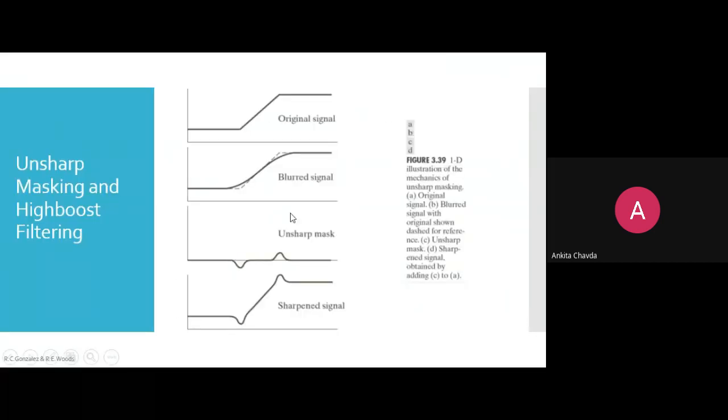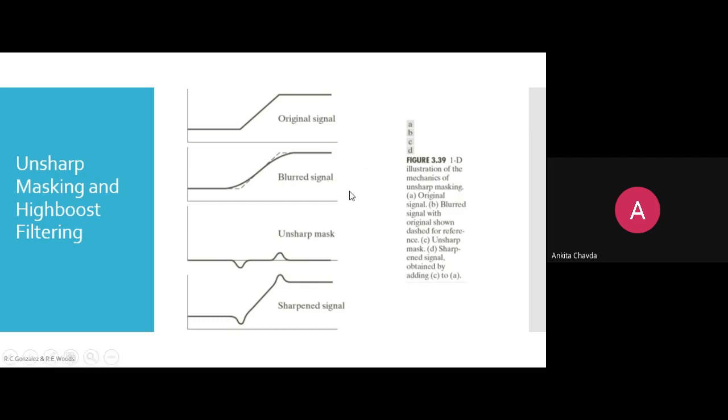So this is your original signal, and this is your blurred signal. A blurred signal is always smoothened, it's a curvy shape, not sharp like this. There is smooth blending, that is why it is blurred. Because you don't have any sharp transition, which is actually required for edges, but you are applying smoothing. Smoothing will suppress your sharp transitions, so you have a blurred signal.